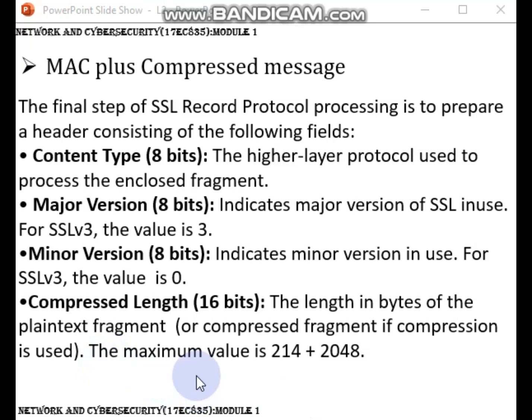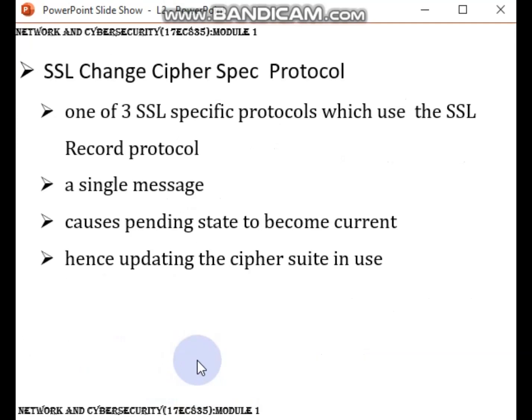Let us move to the last topic in this lecture, that is the SSL change cipher spec protocol. The change cipher spec protocol is one of the three SSL specific protocols that use the SSL record protocol, and it's the simplest.